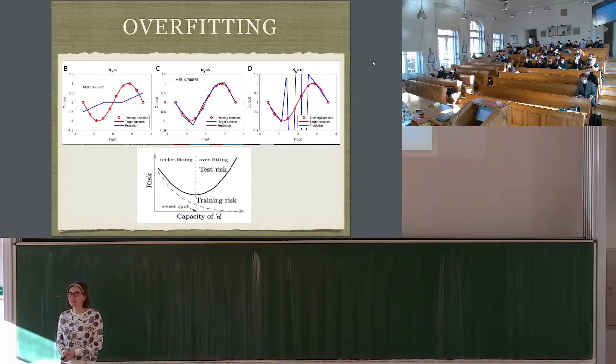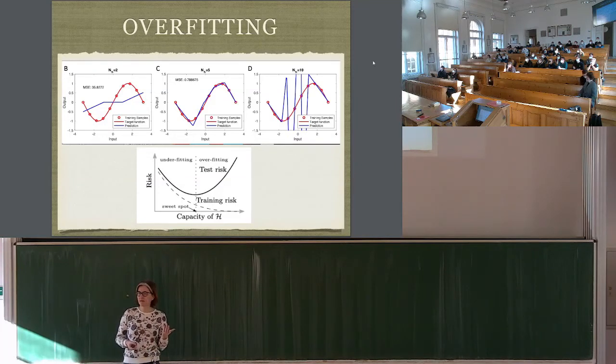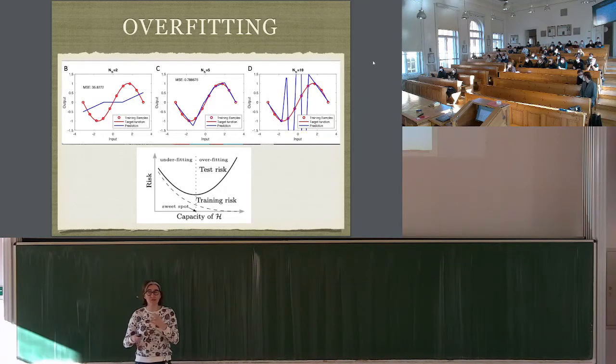So this picture shows you the concept of overfitting, right? Think back about your favorite physics experiment. You have points, you want to put a line through them. But maybe they're not exactly a line, maybe they are curved a little bit. So maybe if you fit a parabola, it would kind of be better, right? And then you go, okay, why simply a parabola? Maybe I could take a polynomial of higher degree, degree 3, degree 4, have more parameters.